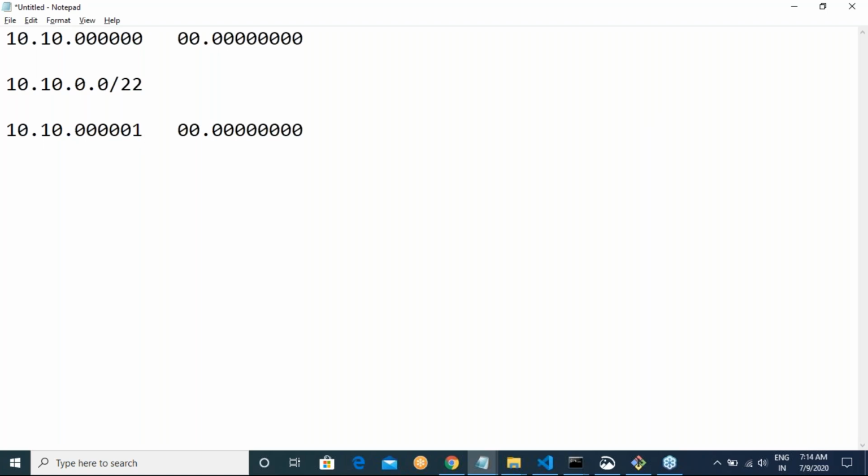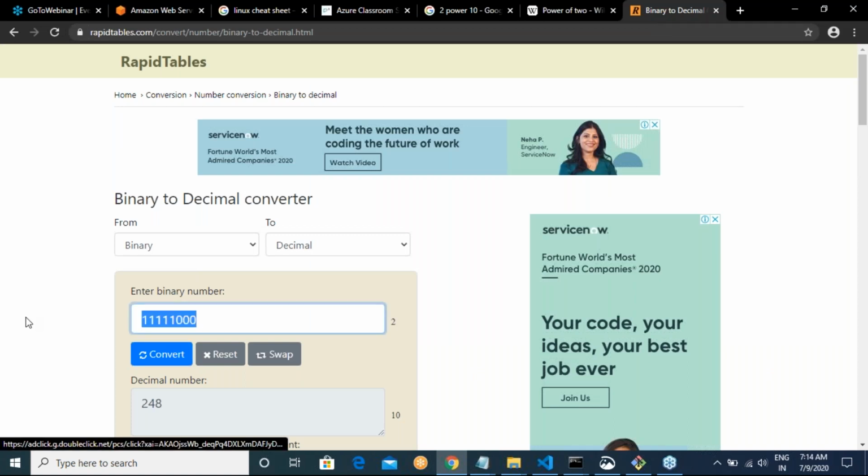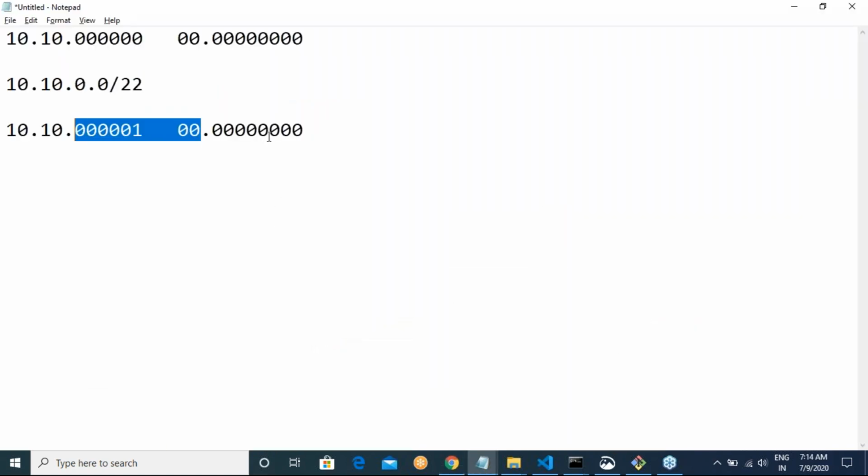Now let us convert this binary into decimal. So now my next range would be 10.10.4.0/22. Am I clear on this?